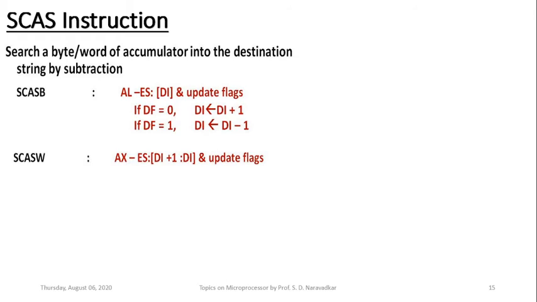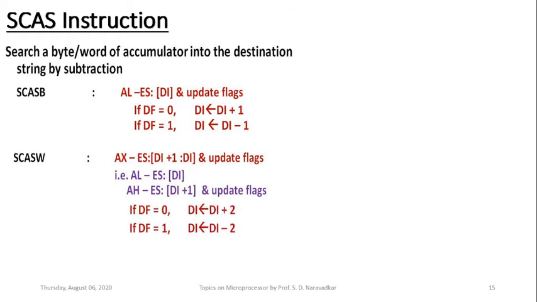So the basic operation is only this much. Then the effect of the direction flag, of course, after the split operation which is shown here, which I don't want to explain, you can understand on your own. The DI register will be either auto incremented or auto decremented by 2, as it is a word variation, depending on the setting of the direction flag. So this is about the scan string instruction.